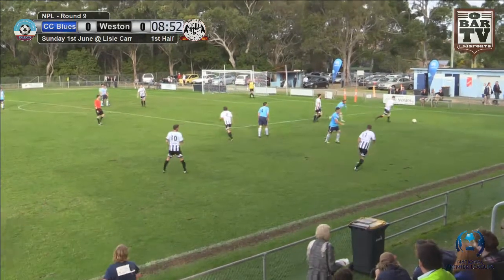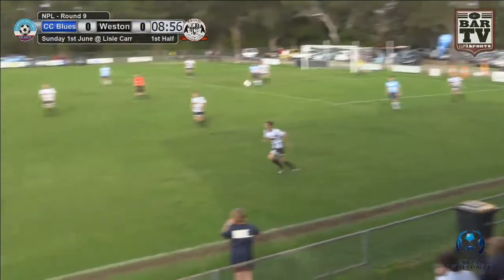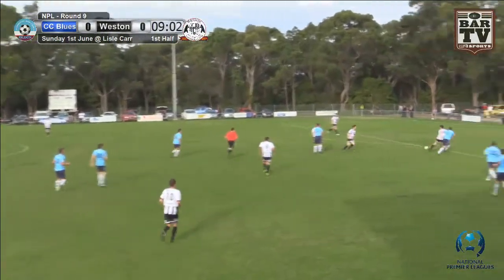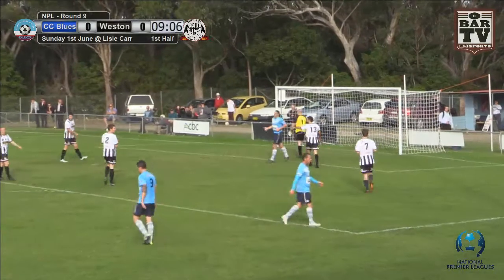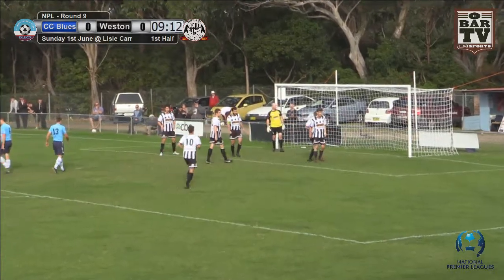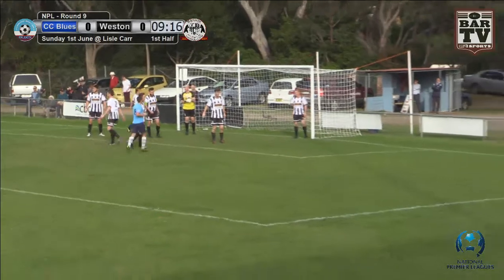as we just see, Charlestown look to get in the edge of the area, but Thornton sends it long. Calburn's on the ball. That's a dangerous ball back. Smith in possession, cuts it across. It's a good shot, but none other than Carl Thornton. Yeah, costly turnover there by Weston. Smith on the ball, and an error there for Weston, but they'll have to defend their first corner